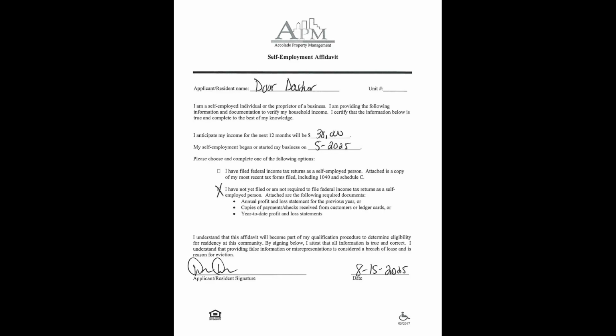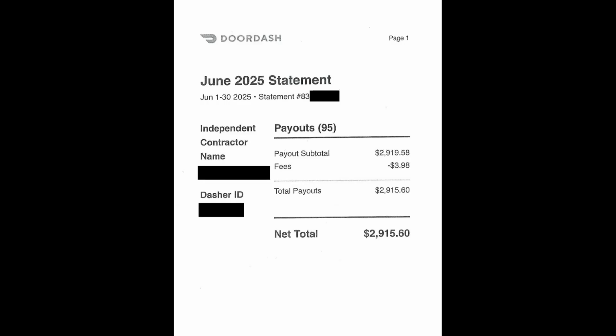If a person has disclosed their business has been open since the prior year, meaning they became self-employed in 2024 or earlier, then we must question why they haven't filed their tax return. This person was able to provide us with their DoorDash statement for the last 2 full months of pay. In this case, since it's August of 2025, we obtained their June and July 2025 statements. Since they are self-employed, we can use the net pay here,